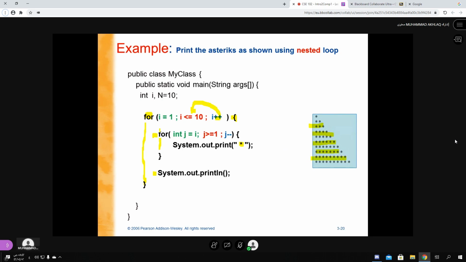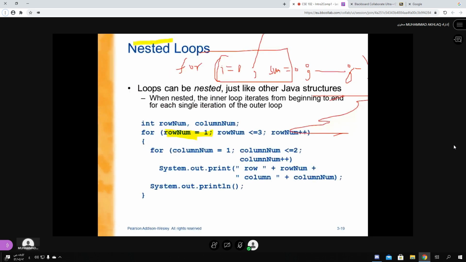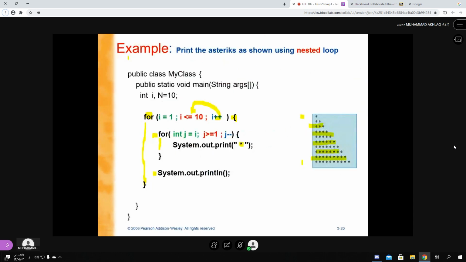So basically, the outer loop will decide the row number, you see, 1, 2, 3, 4, 5, 6, 7, 8, 9, 10. And the inner loop will decide the number of stars. So this is called a nested loop. Nested loops are basically loops inside a loop. It is very common to use nested loops. For new programmers like you, it can be a confusing and difficult idea, but it is very commonly used.